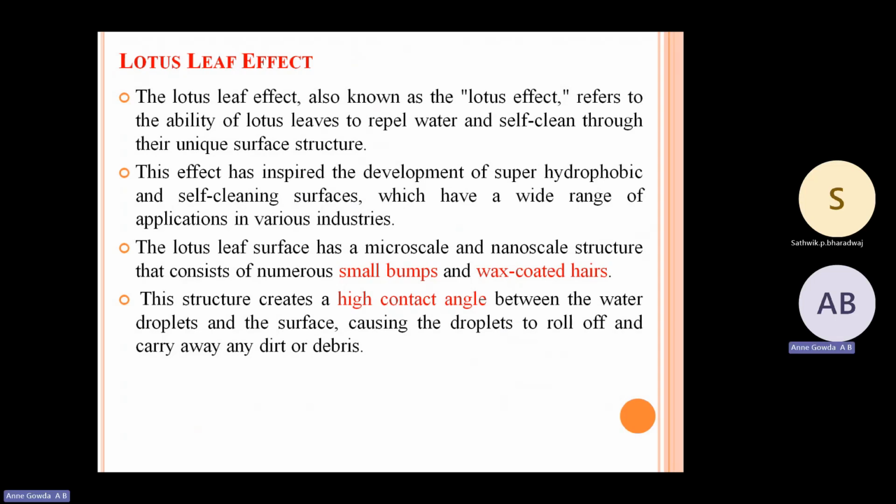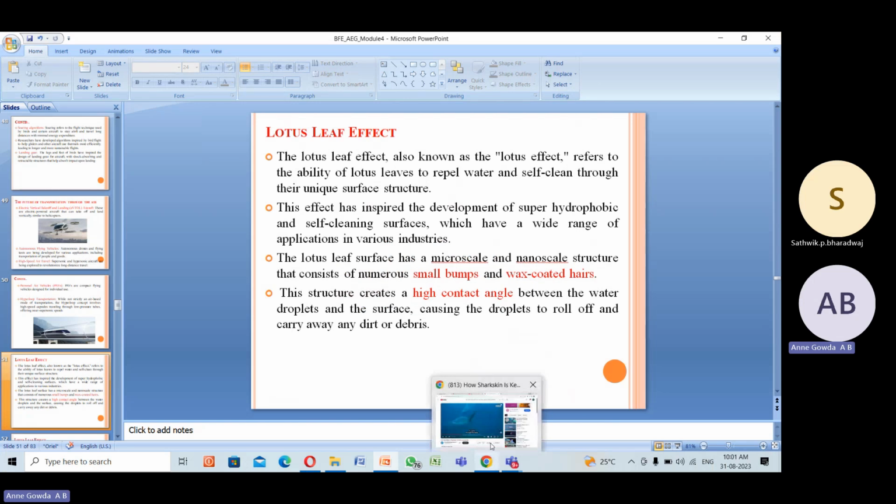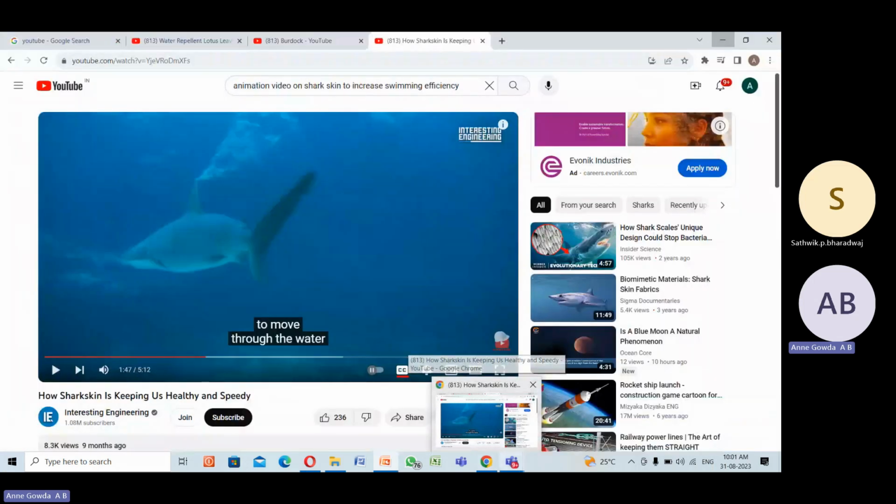So what happens to that water droplet which is falling on a lotus leaf? It rolls off, right? It rolls off because this lotus leaf has some small bump-like structures, which create a high surface angle between the droplet and the surface. So you can clearly observe here. Thus that has inspired the invention of